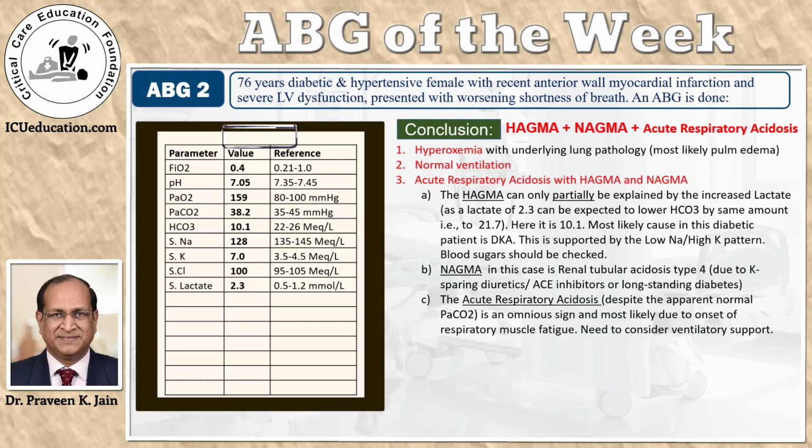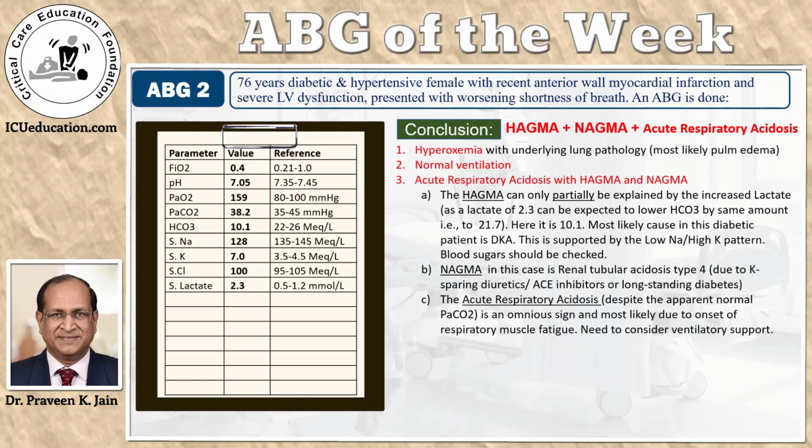So the blood sugar needs to be checked, and that may be an important component in the treatment planning of this patient. What is the cause of the normal anion gap metabolic acidosis? In this patient who is a diabetic, most certainly this is renal tubular acidosis type 4. Of course, you would need to work it up, but renal tubular acidosis type 4 could be due to many things, in this case diabetes being one of them. This patient may be on ACE inhibitors or potassium sparing diuretics, all of which can cause RTA type 4.